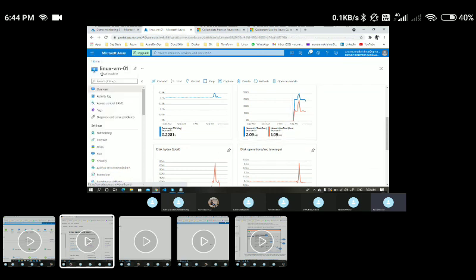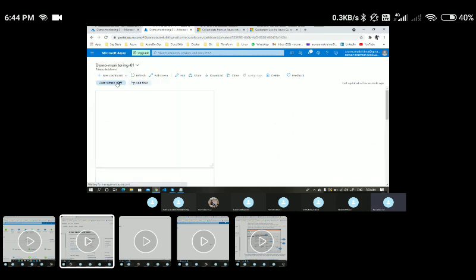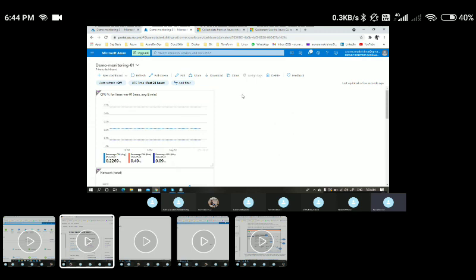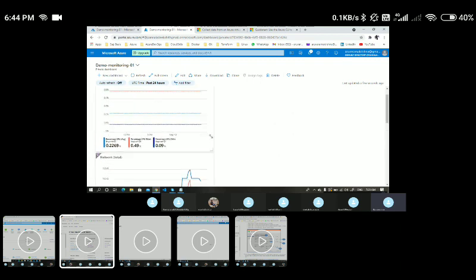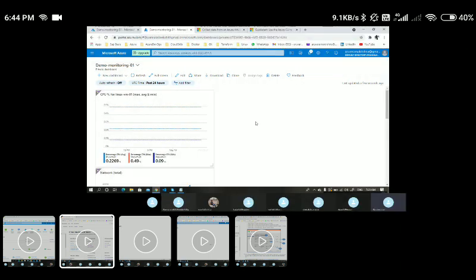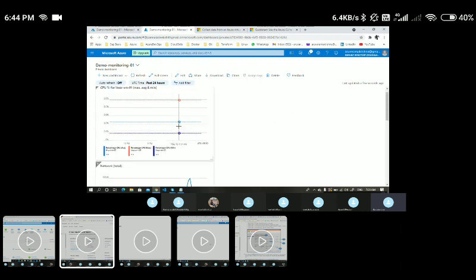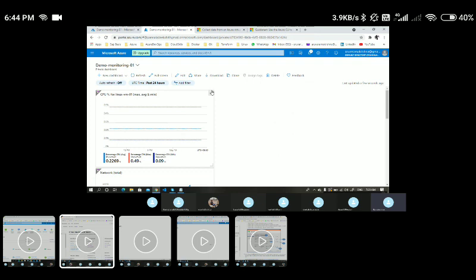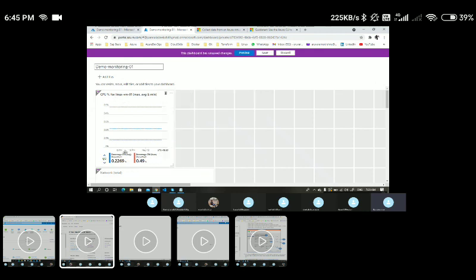So I'll go to the dashboard here, and I have another dashboard which is like a demo. Here you can see the metrics which are already pinned. I wanted to make some modifications to make it look nice, because these are very big and causing some confusion. So I'll right-click on these three dots and choose customize. Here it asks me for the size of the metric tile. I want to go with 4 by 4, so it becomes small.